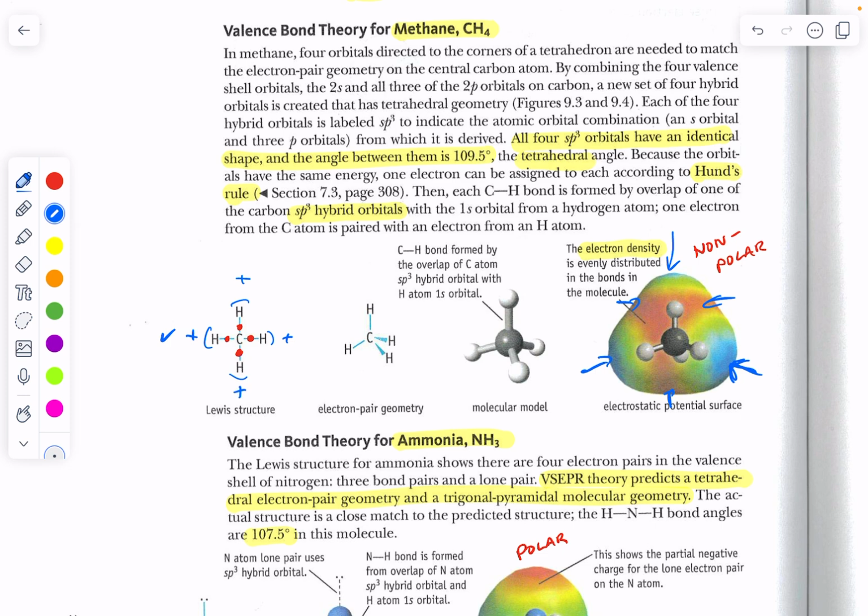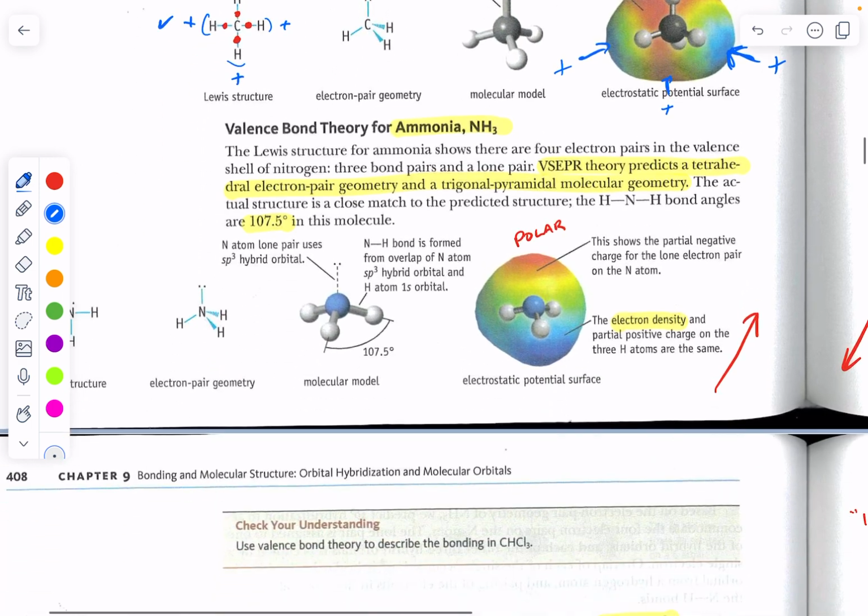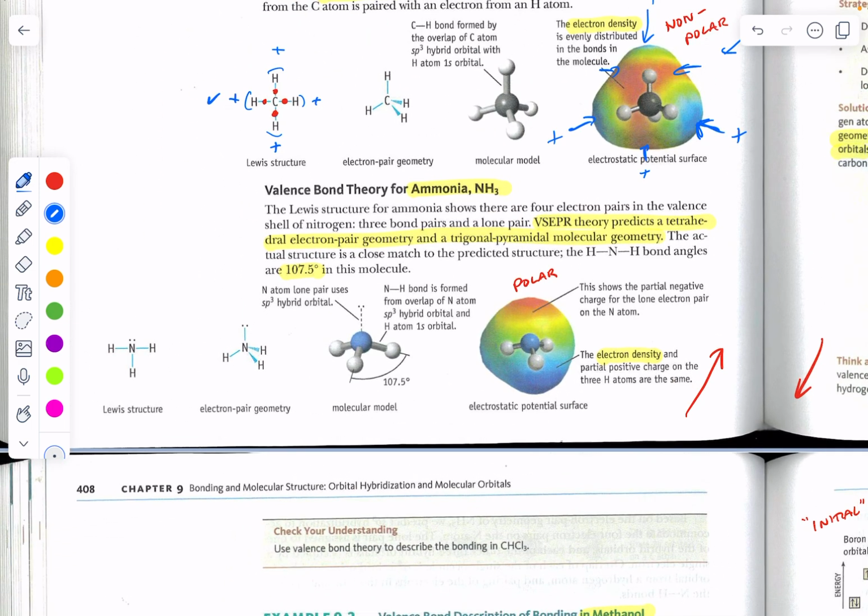And in 3 dimensions, your picture, back to the right now, the blue areas are representing the positive regions, and the red areas with high electron density are representing the negative regions of the entire methane molecule. And there's your bond angles. There is your shape. No matter which model you use, molecular geometry or electron pair geometry, it is tetrahedral. Now when we move to ammonia, NH3, we now have a lone